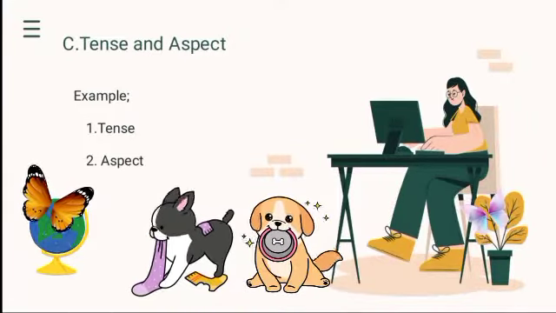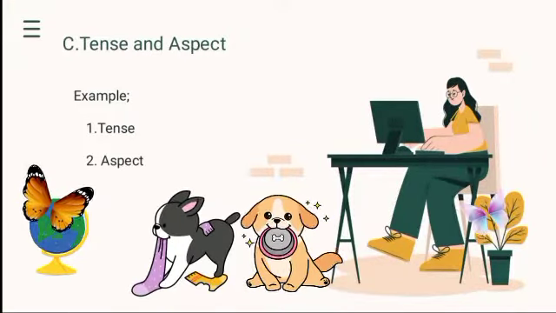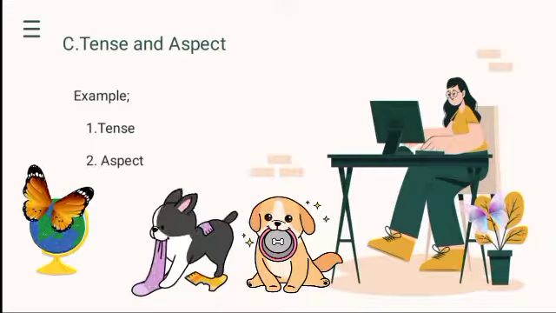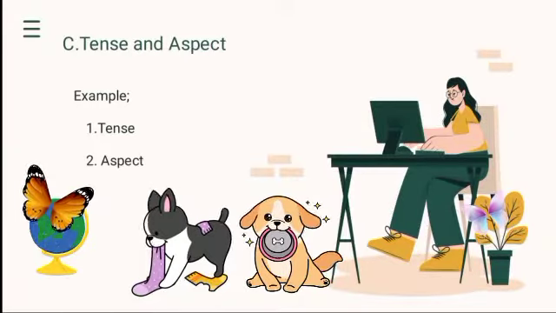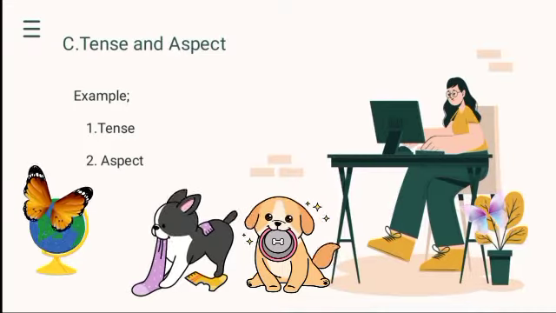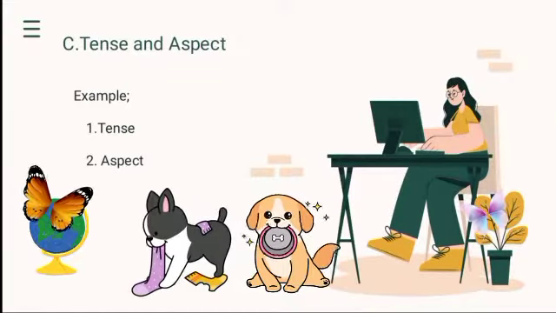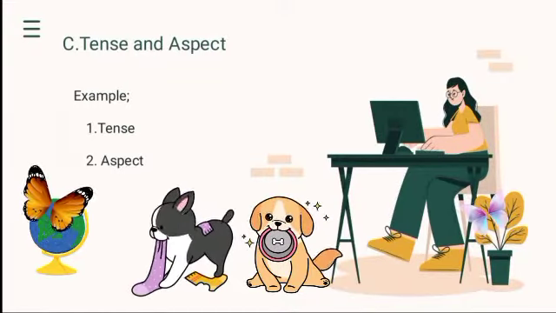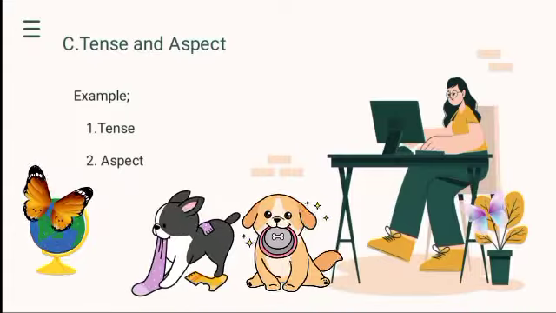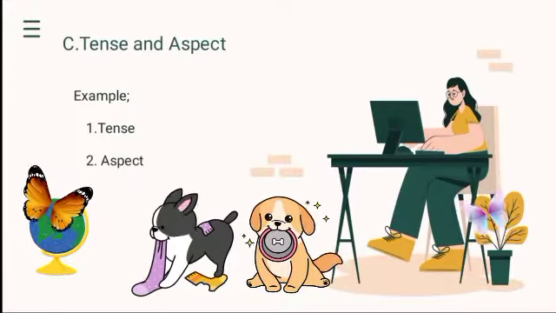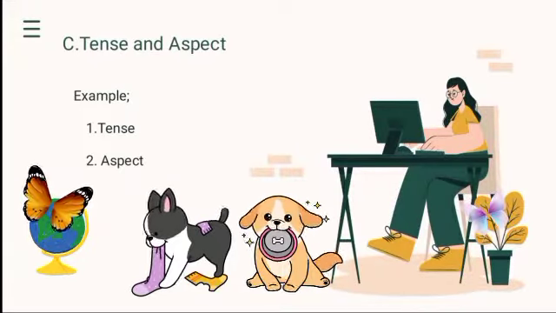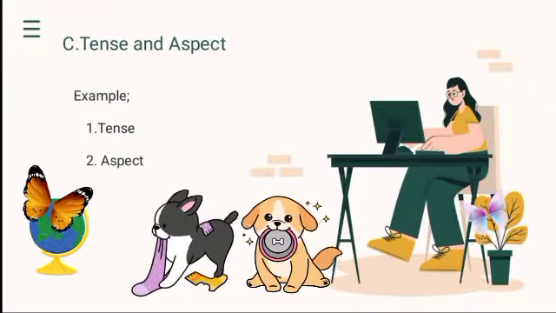For each grammatical tense, there are subcategories called aspect. Aspect refers to the duration of an event within a particular tense. In other words, the aspect of a tense allows us to describe or understand how an event unfolds over time. English has four aspects: simple, progressive, perfect, and perfect progressive.